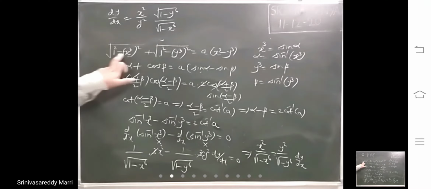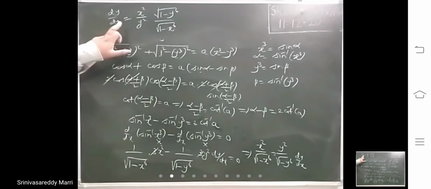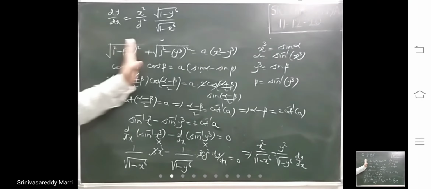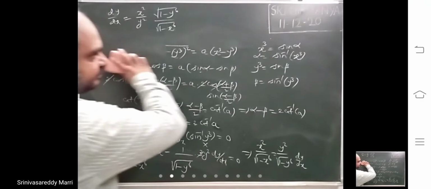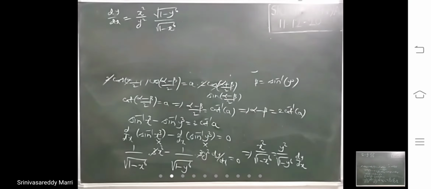If you directly take the derivative on both sides, you won't get such an expression. That will be difficult to simplify. Directly also you can take the derivative on both sides, but it will be difficult to bring it to this form; after simplifying there will be a lot of difficulty. Look, for this type of problem I will tell a shortcut. This is a very important problem for the exam.